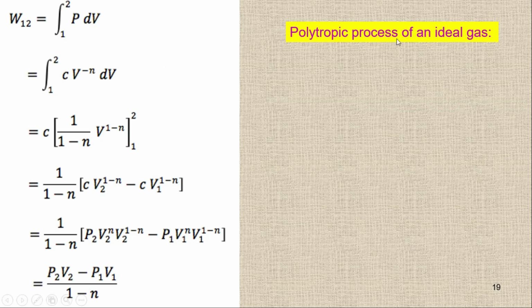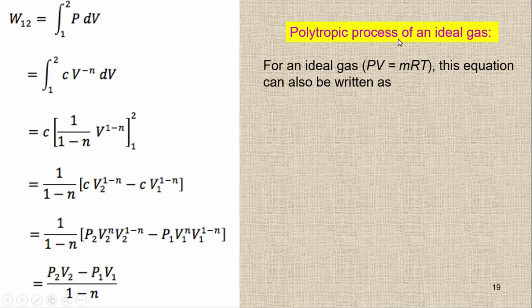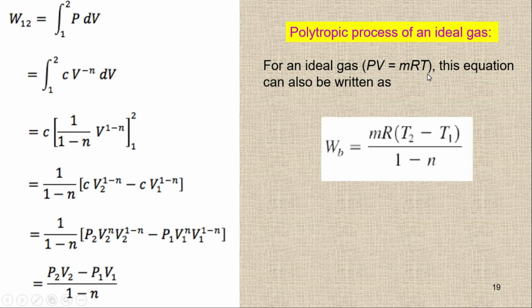I can even replace the values of P2 V2 as well, because PV is equal to mRT. So simply I can replace this PV by mRT, so it will be like this. Instead of P2 V2, I'm going to write mRT2 minus mRT1, where m is the mass, which is constant, and R is constant, and then I'll write T2 minus T1. So I can write W_B equal to, so either you use this form or you use this one. Both are the same formulas for an ideal gas.